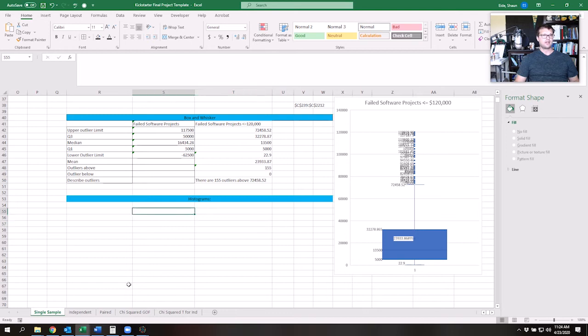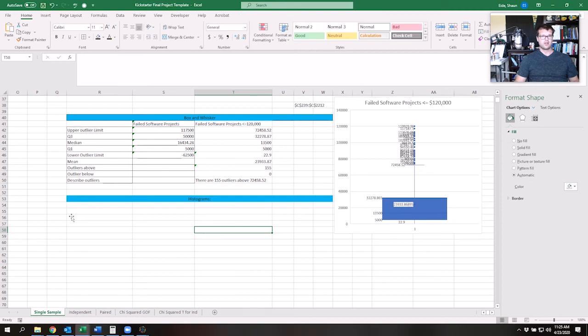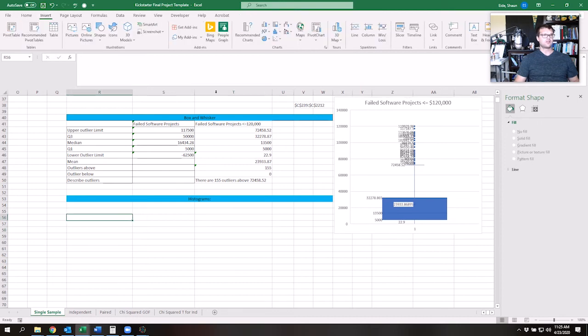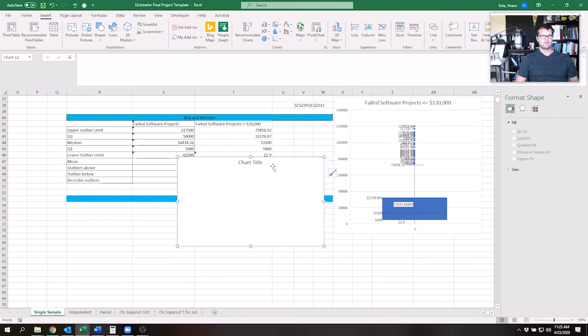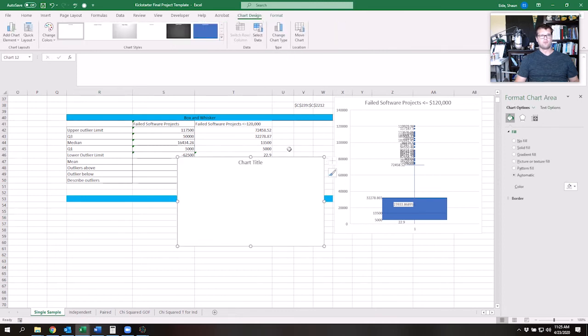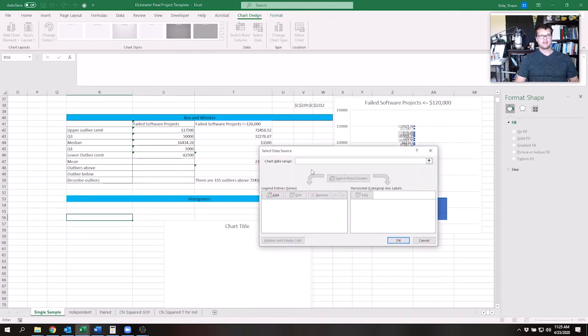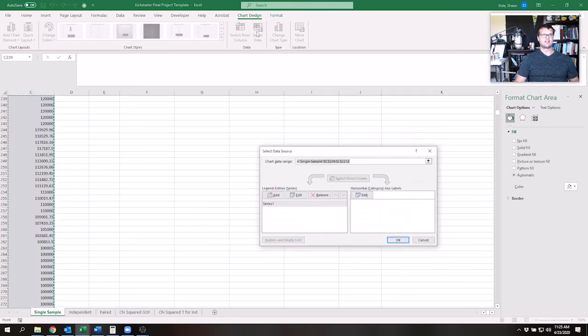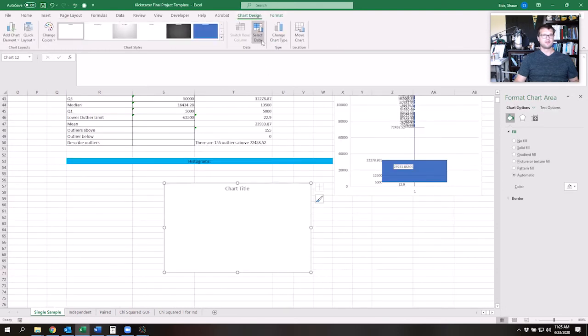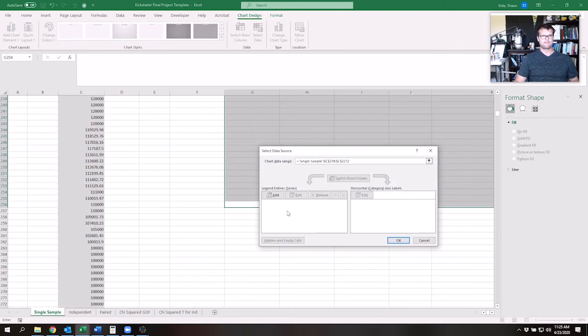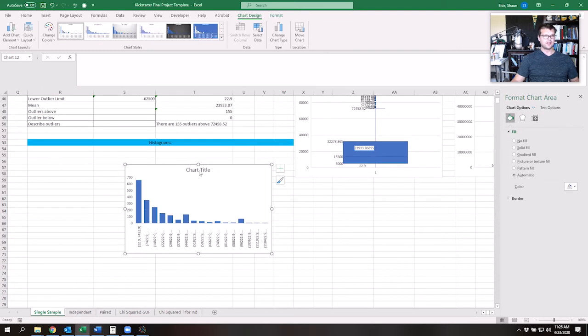Now, another great thing is, now that we have this data on this box and whisker, we can also insert, and we can do a histogram. Okay, now click on it. So we've got the histogram, and then we click select data. Let's go right here, and we'll do select data. Remember, we've got right here it says single sample, Control C, chart design, select data. There we go. So we've got this histogram,